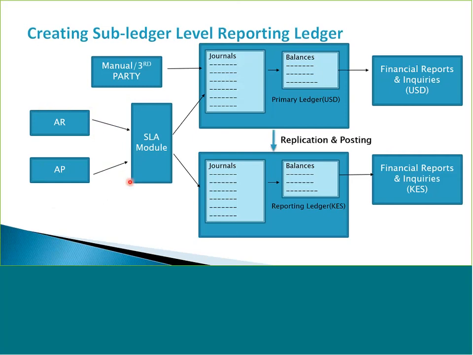However, we are going to go through the motions of creating the ledger in the accounting setups, which is very similar to how we created the journals level reporting currencies. Okay,